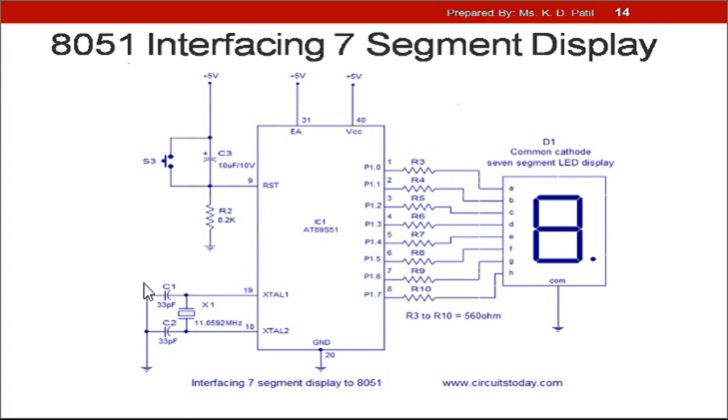And as I told you, a clock signal of a desired frequency should be provided so that the LEDs will glow at a specific time. So this is the complete interfacing of the 8051 microcontroller with the 7 segment display. I hope you have understood. If you are finding any difficulty in LED also and in 7 segment display also, you are free to discuss with me.